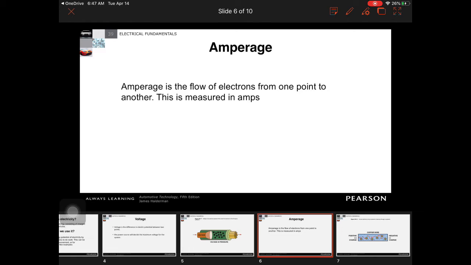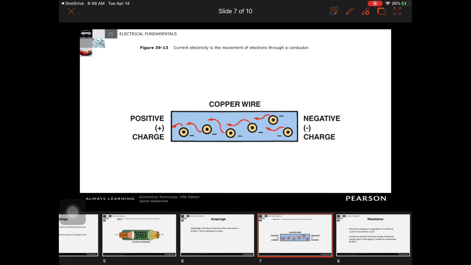Amperage is the flow of electrons from one point to another. This is measured in amps. And if you remember in the video, 1 amp is 6.24 times 10 to the 18th electrons, or about one coulomb per second, I believe. That is a lot of electrons flowing. So we need to remember a very simple measurement: our amperage is current flowing from one atom to another, okay? Which means that one electron is coming from the outside, going to the outside ring of another atom, then jumping, and so forth across. It's a pretty simplified example of what's going on, but that helps illustrate the point,